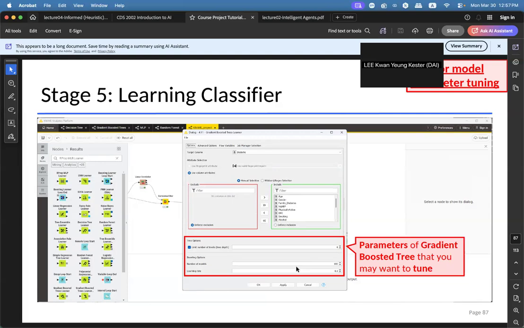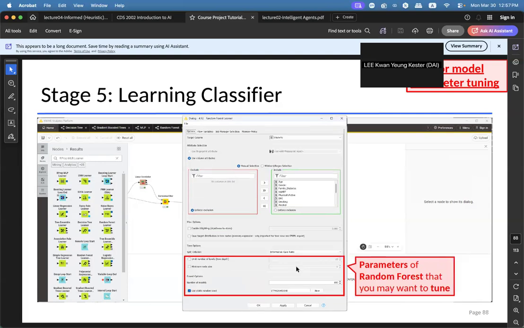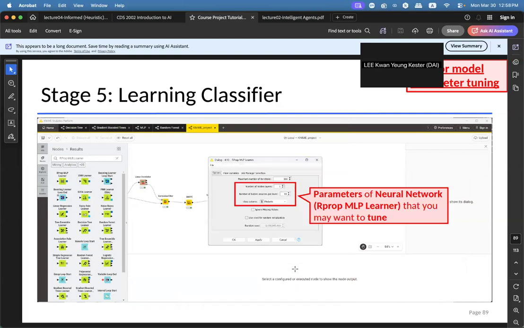So please take a look at the tutorial notes before you really do the project, okay? I already included all the details that you should know when you're doing the project. Okay, so any questions? Okay.